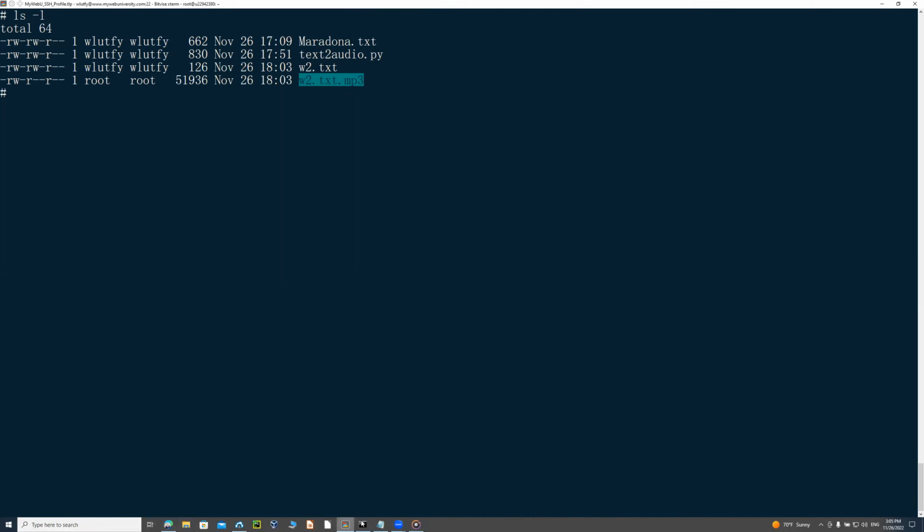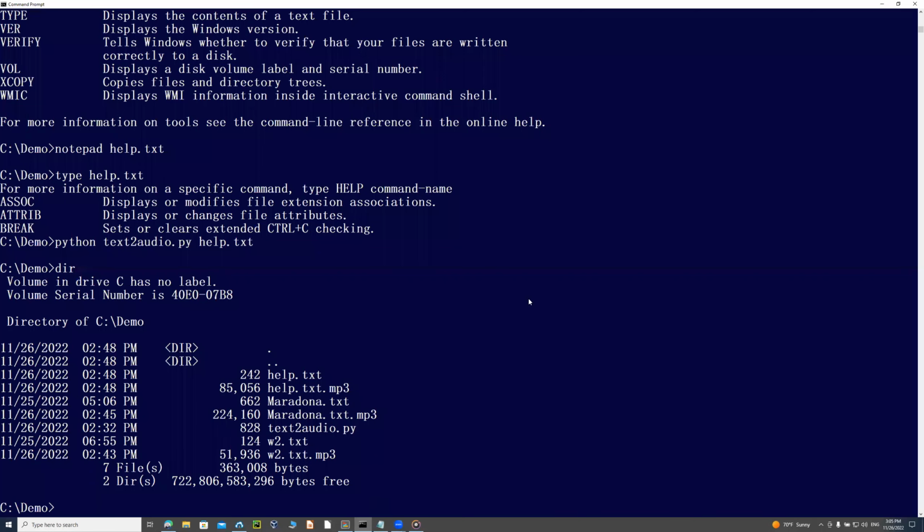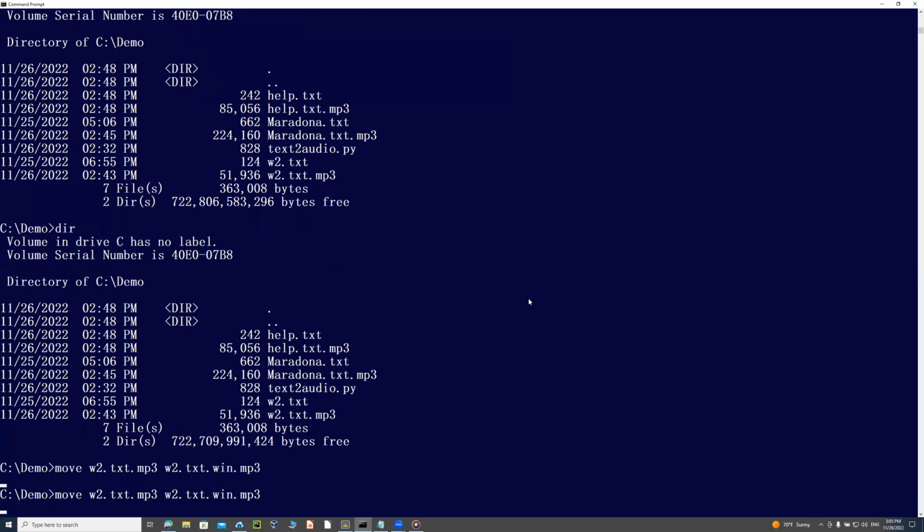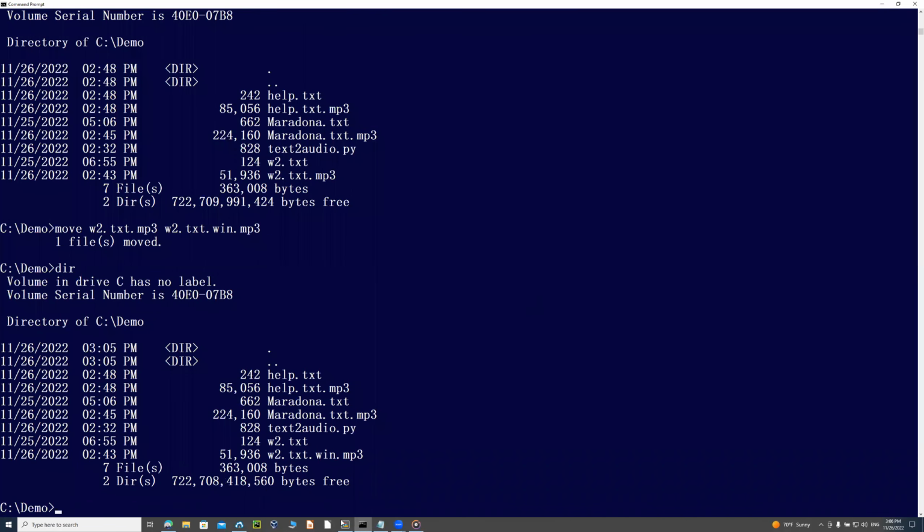So I'm going to go to my Windows directory, and then just say move w2.text.mp3 to w2.text.windows.mp3. So I renamed that one for Windows, and I'm going to do a copy from my web server,